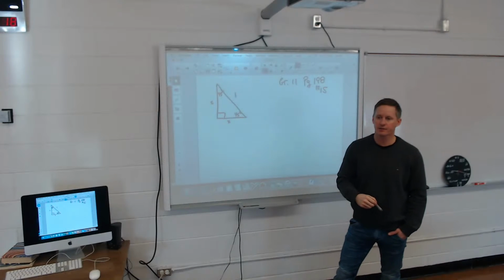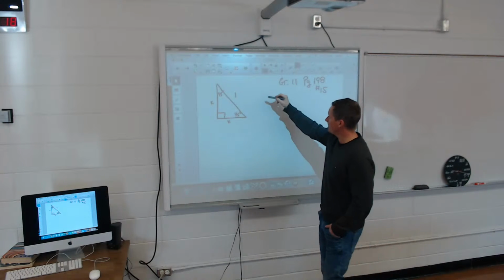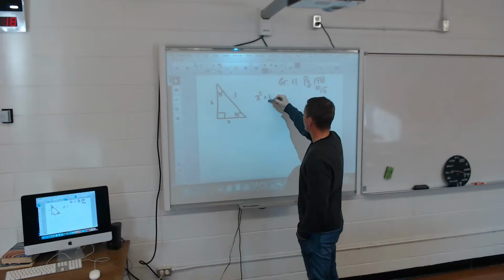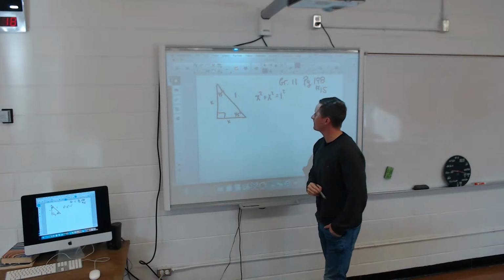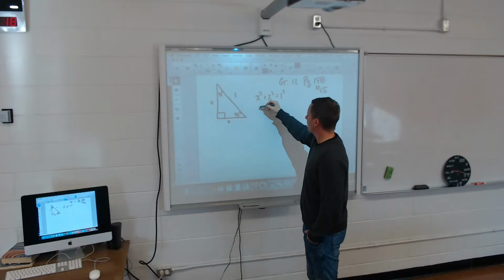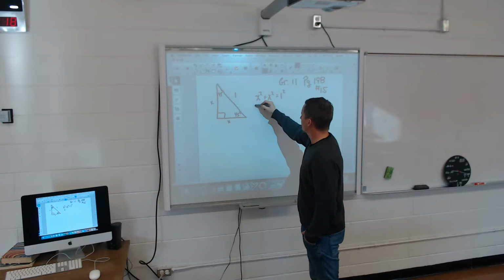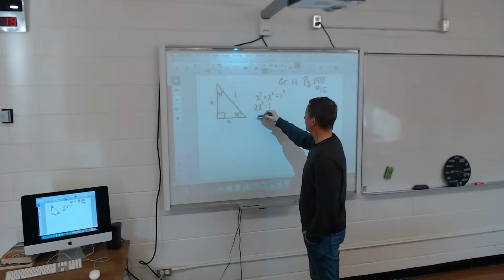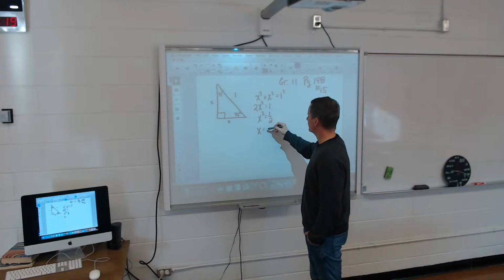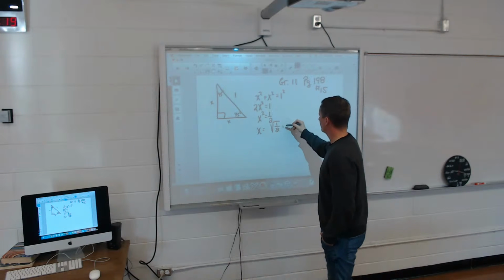So those two values are the same, right? So that means that if I have x squared plus x squared equals 1 squared, right? So therefore, 2x squared is equal to 1. X squared is equal to 1/2. X is equal to the square root of 1 over 2, which is